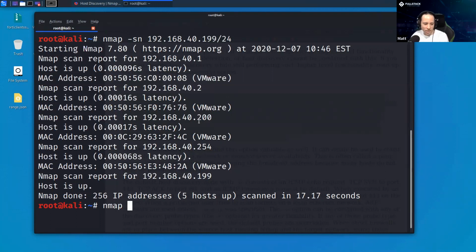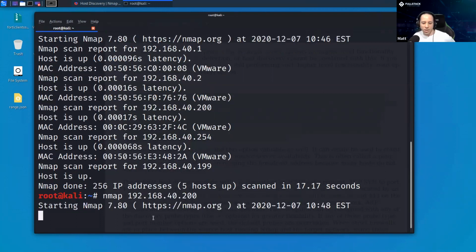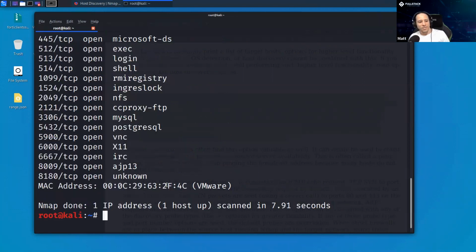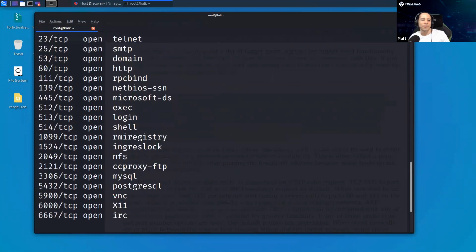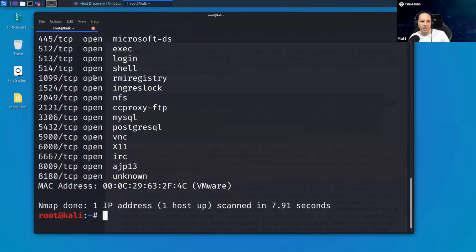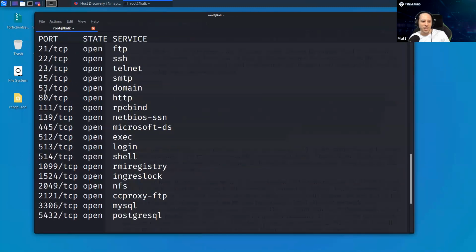We'll confirm. I'll just do a regular nmap on it. What I expect to see is a whole bunch of ports open because it's running Metasploitable and it's made to be exploitable for me to play with. Cool. It's got a whole bunch of ports open, ready for me to attack. Okay. The only one I want to show you right now is port 80 though. We're going to do the HTTP.